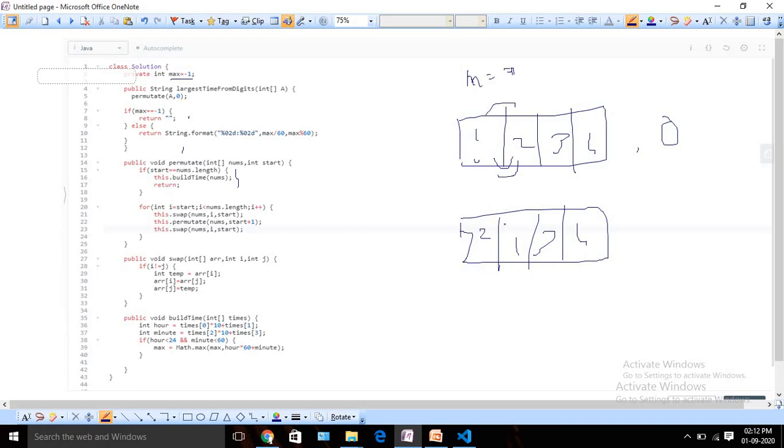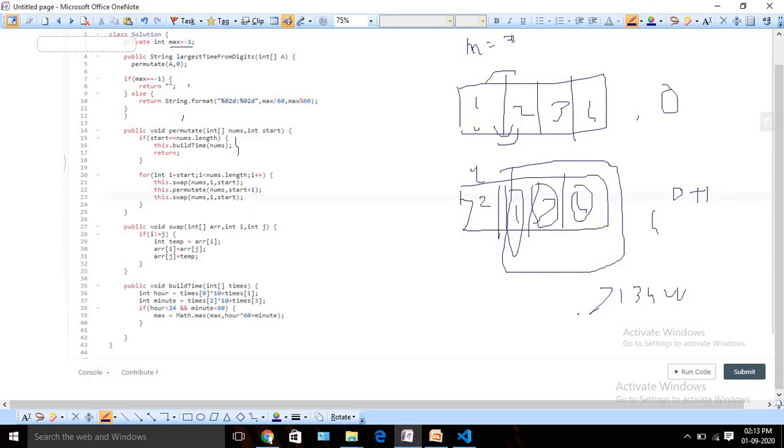Now we are going to execute DFS or permutate for this portion, and this is already fixed, so our start will be 0 plus 1, and we are going to find all the possible combinations here. Suppose we fix this position, then this position, and last this position, then my start value will be 4 and it will come inside this for loop. That means 2 1 3 4 is my fixed value, one possible combination.